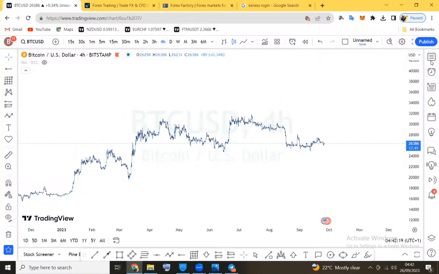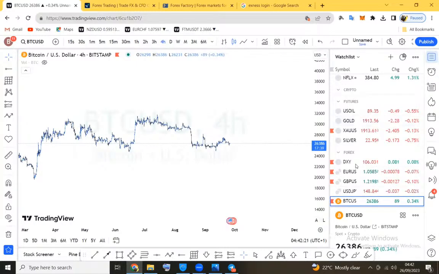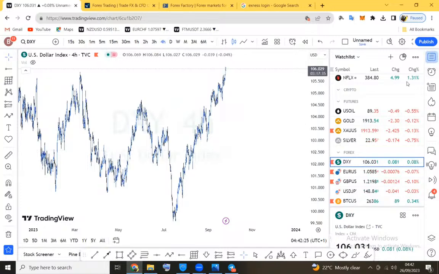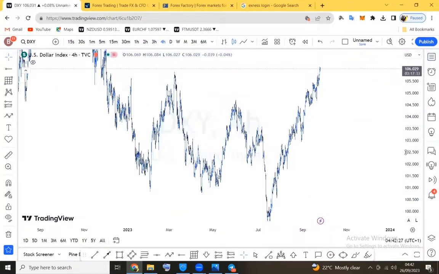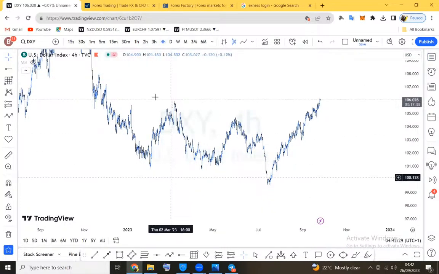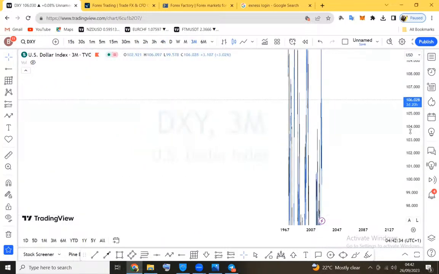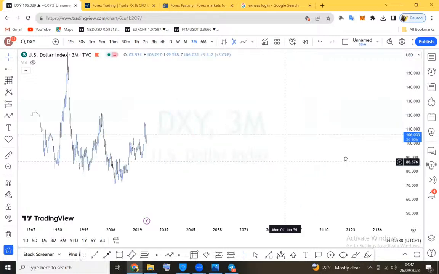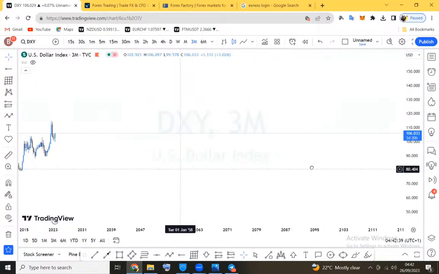So quickly, we are going to start with the dollar index, which we will look at deeply to see what is technical about it for today. I will quickly switch our chart to the 3-month chart, and I am basically looking for key structures on the 3-month chart.